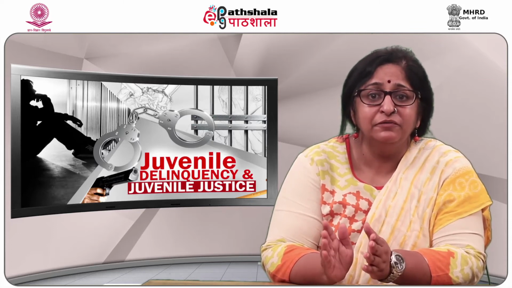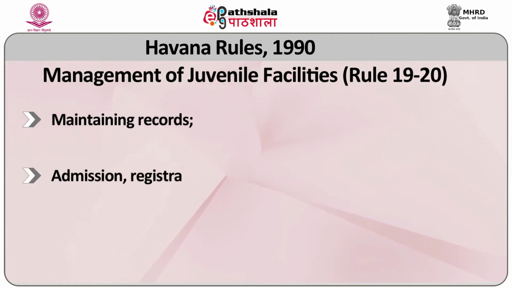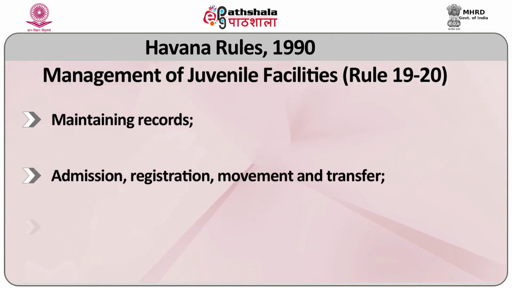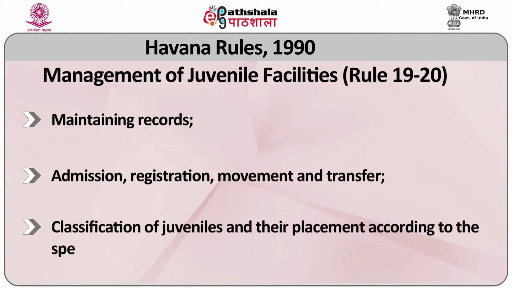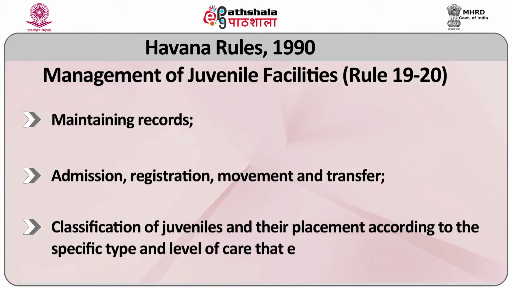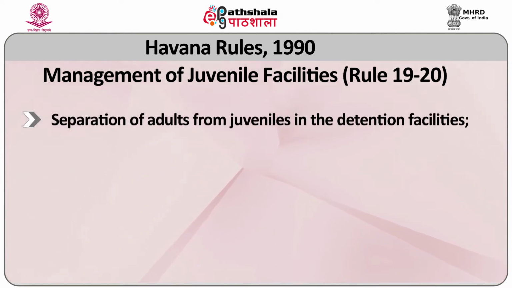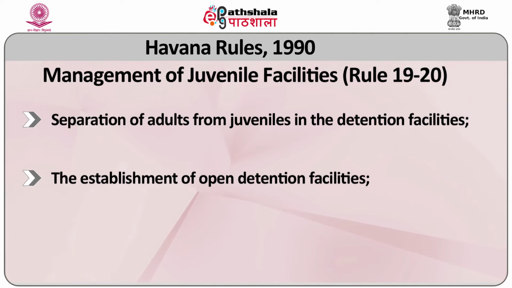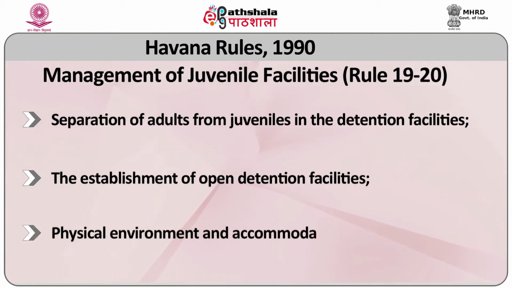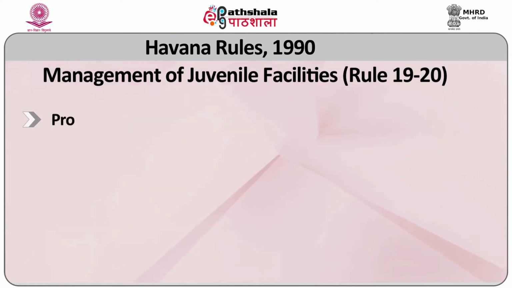The rules provide guidelines for 1. Maintaining records, 2. Admission, registration, movement and transfer, 3. Classification of juveniles and their placement according to the specific type and level of care that each juvenile requires, 4. Separation of adults from juveniles in the detention facilities, 5. The establishment of open detention facilities, 6. Physical environment and accommodation including sanitary installations,